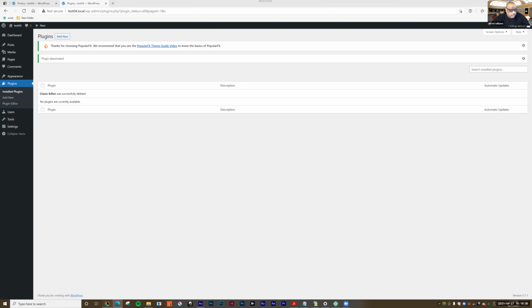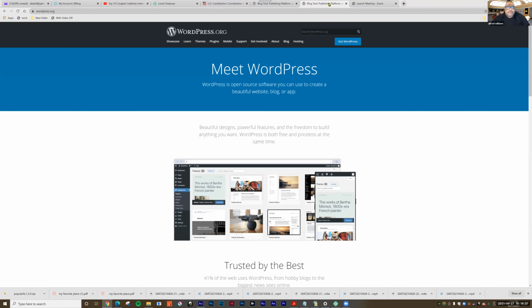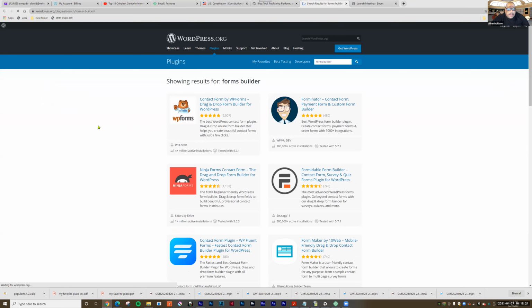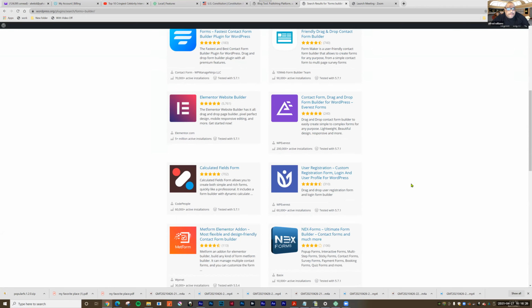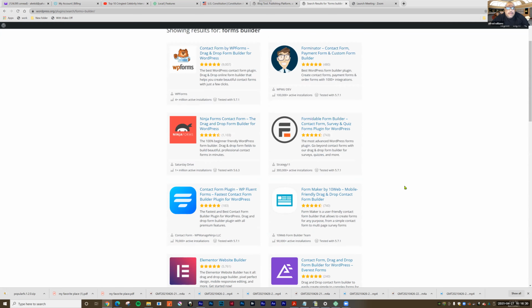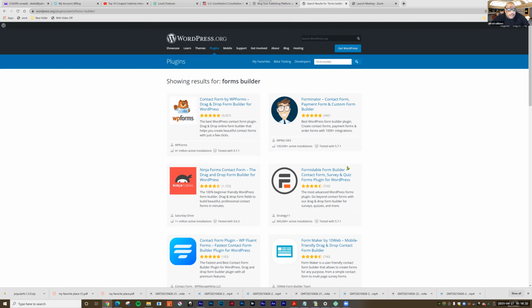Now, I can also go to WordPress and evaluate plugins from here. So I can search for plugins. Let's say I want a form builder. Click search, and it's going to show me a bunch of form builders. All right. So the form builder I like to use is Caldera, and it didn't bring up Caldera, but I know what I'm looking for,